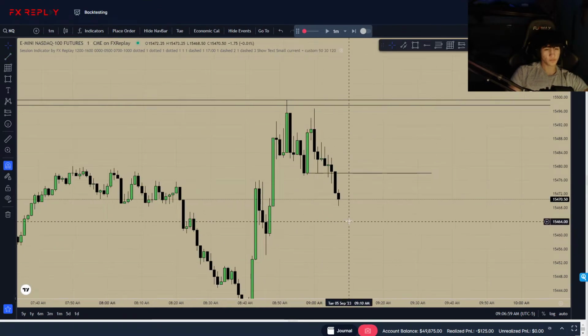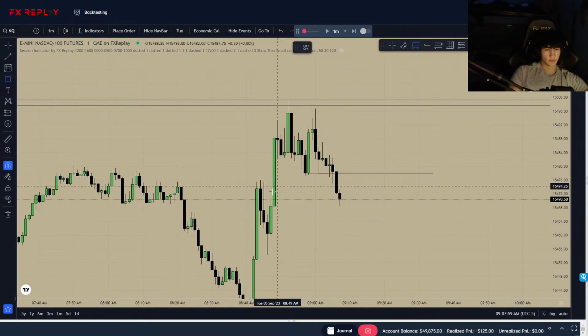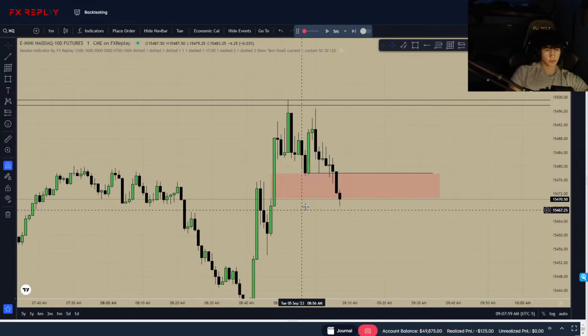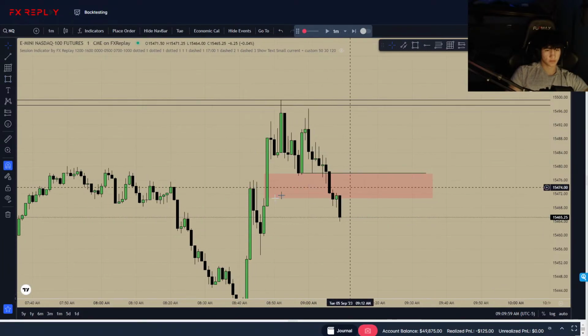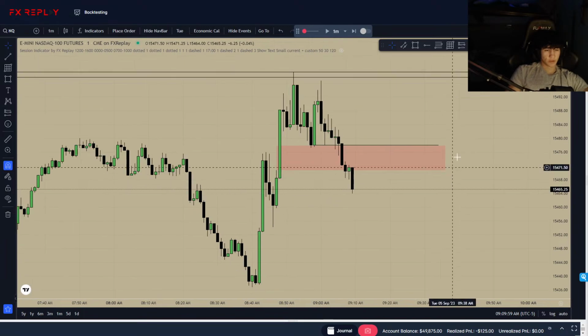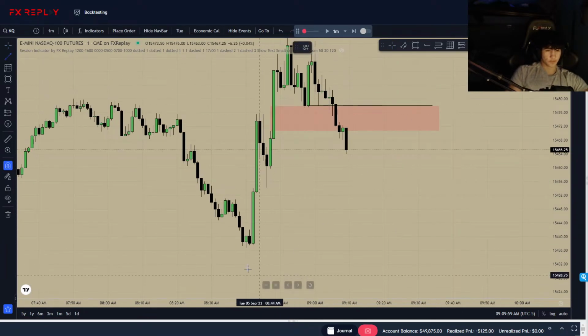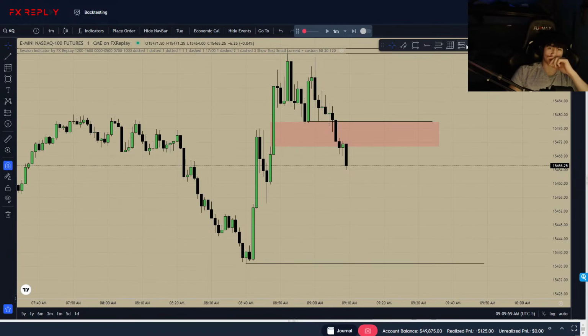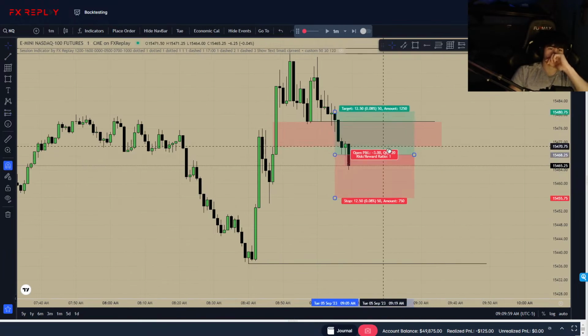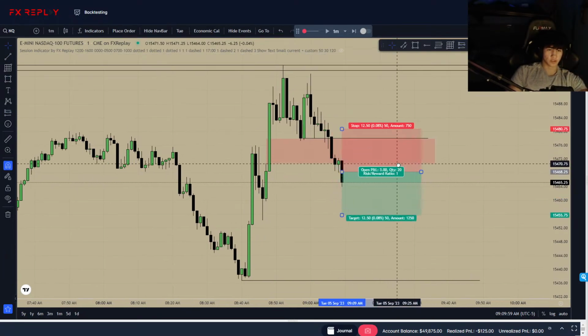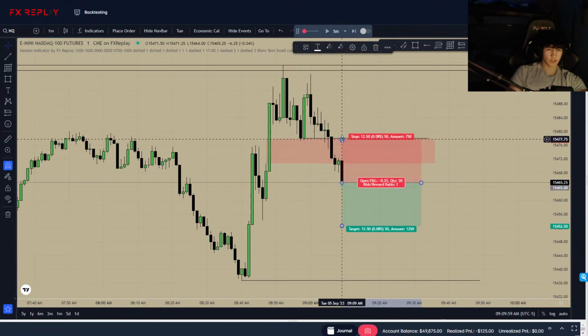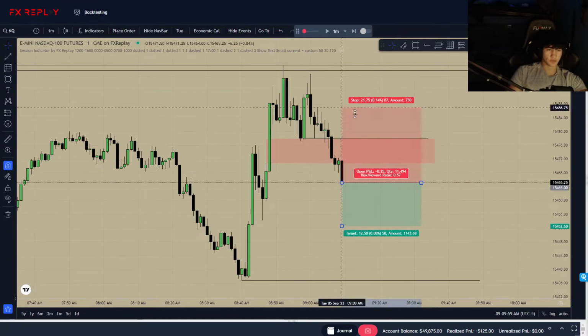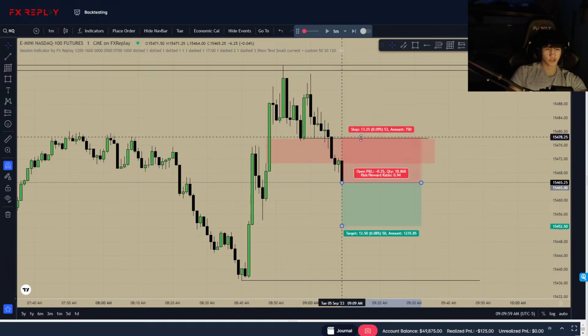Fair value gap, still on a 5-minute. Okay, displacement through it. Now right here, I'd honestly be good for shorts. Just holding shorts down to this low, just because of Kiss. He was the one that taught us the inversion model. So just tap into this, try this out. Where would our stop be? Because he would usually have a stop somewhere above here. I don't really agree with that.